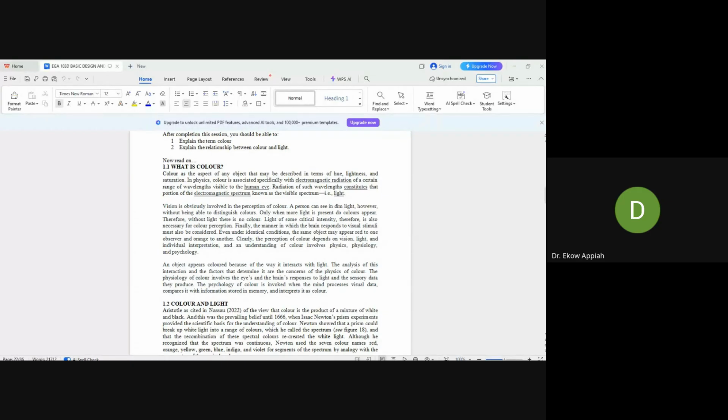Now, when you look at the spectrum of color, the rainbow colors, you see that the rainbow colors are the main colors that we all know of. And these colors happen to be the colors that we can identify all other objects in the environment with. And so anytime you try to identify a particular object's color, the object itself, scientifically, would absorb all other colors of the rainbow with the exception of the actual color that needs to be seen. For example, let's say you have a blue object, and within the rainbow colors, the blue will stand out, but all other colors like yellow, indigo, and all that will be absorbed